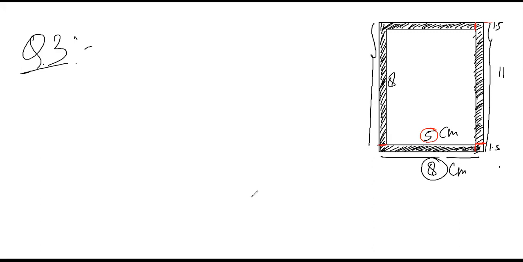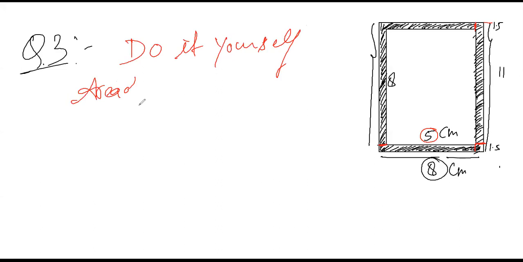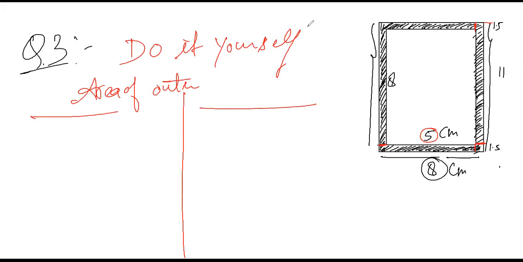I think time is running out. Only 1 minute remains. So this is also do it yourself. You have to find the area of the outer rectangle. Make a column: outer, inner. If you do it like this, you will learn and it will be easy for you in the exam, how to do the questions. So do the questions in one pattern. It will be my way, it will be your own way. Whatever method you use, my method or your method, at last the answer will be correct.